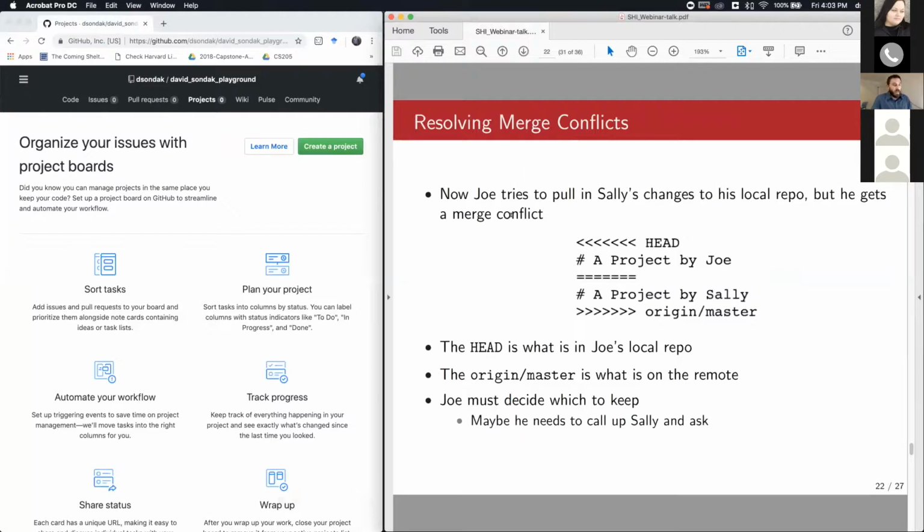And what ends up happening is Git says, all right, Joe, I don't know which things you want me to keep. So I'm going to keep both, and I'm going to tell you what's on your local version, and I'm going to tell you what's on the remote that you tried to pull from, and you get to decide which one to keep. And the way Git does that